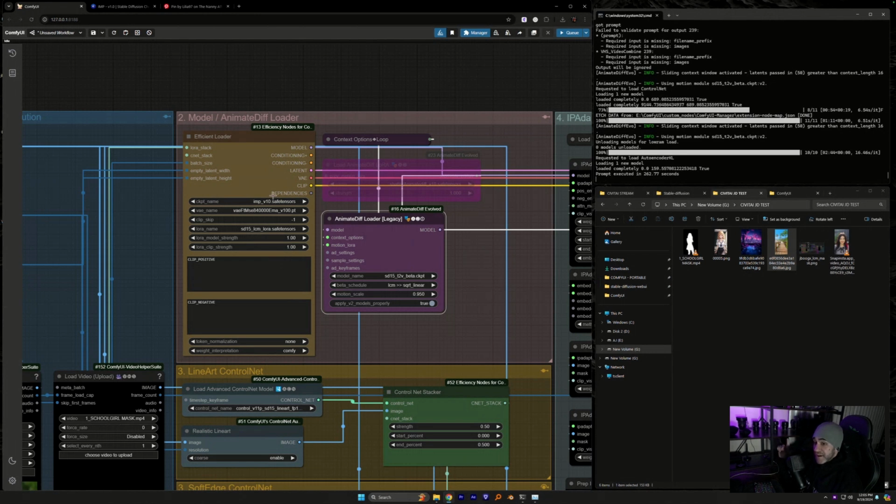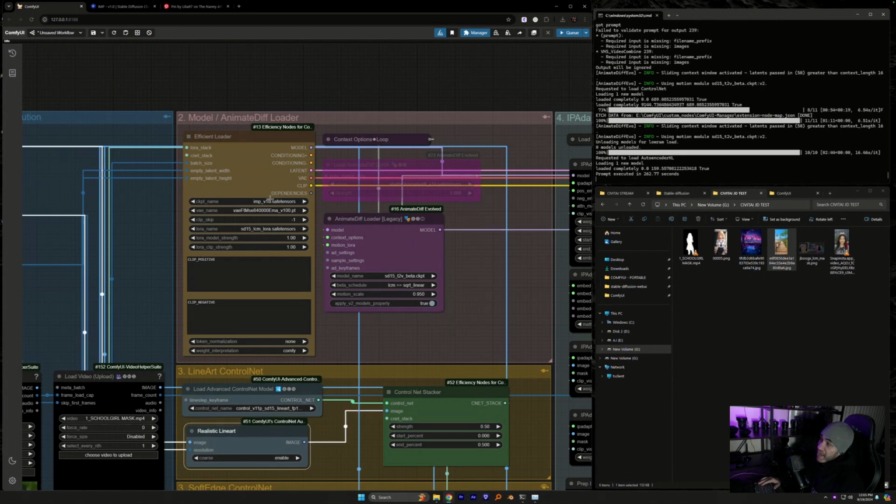If you're using a non-LCM model, aka a model that does not have the LCM LoRA baked into it, then you need to set that model strength and clip strength at 1 to get the best results out of this workflow. If you are using an LCM model that has the LCM LoRA built into it, then you can set these at 0.18, and I'll show you why later. But right now we're using a non-LCM model.